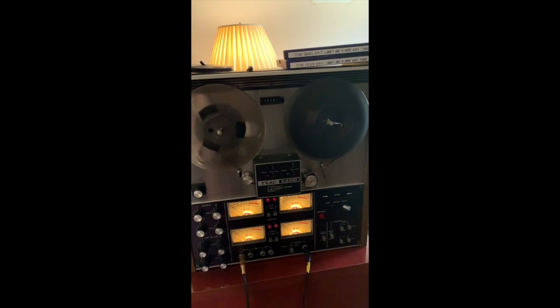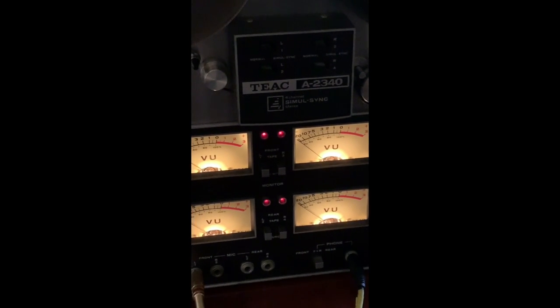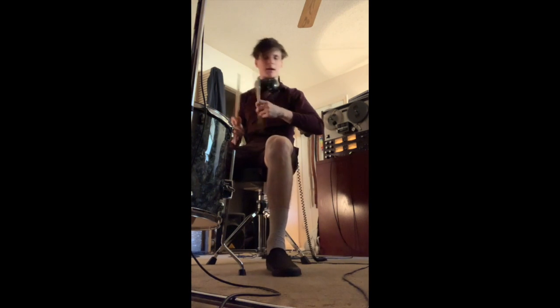I'm just using a little bit of tape here. I'm going to record over them, and I'm erasing right now. As you can see, I'm recording nothing, so it's going to just clear the tape off for some new audio. Okay, so we got the tape and the microphone set up. What I'm going to do now is just check on the tape machine and see if